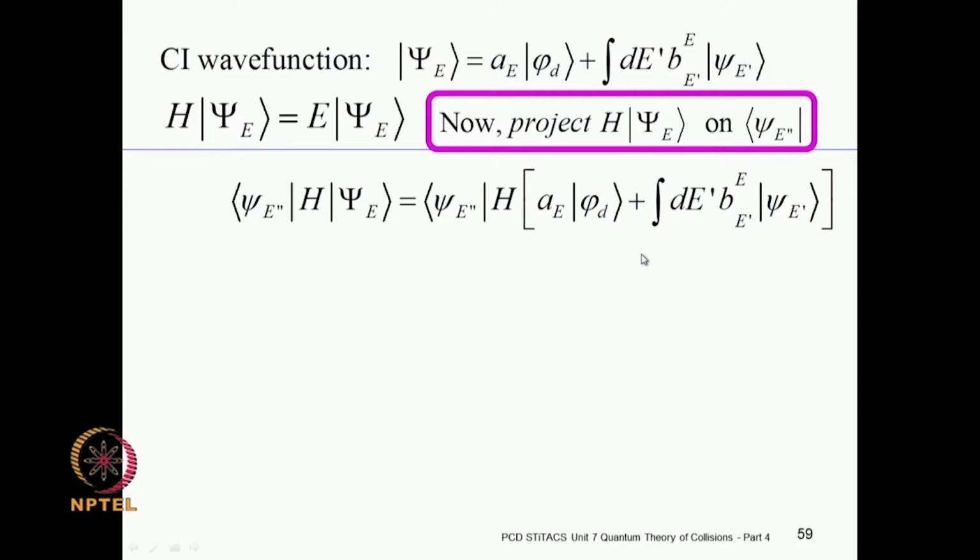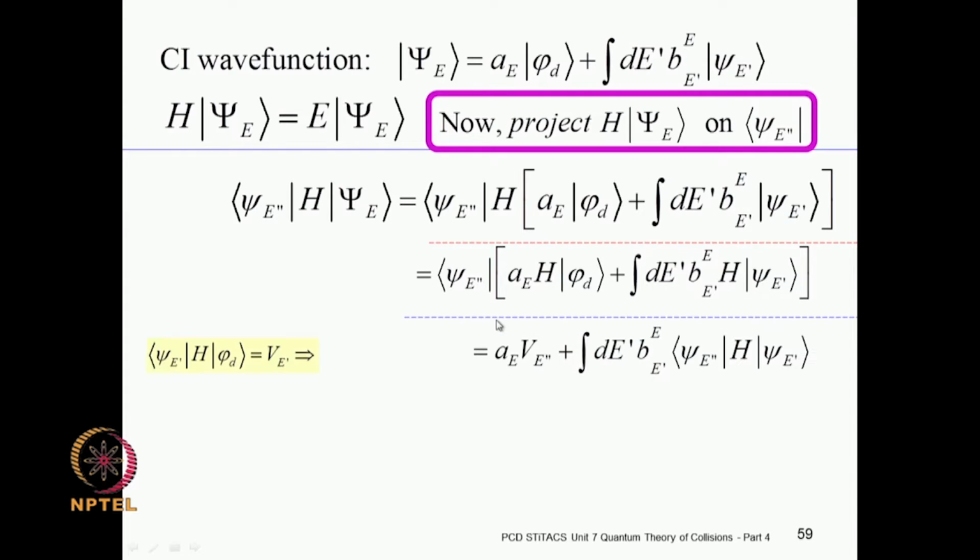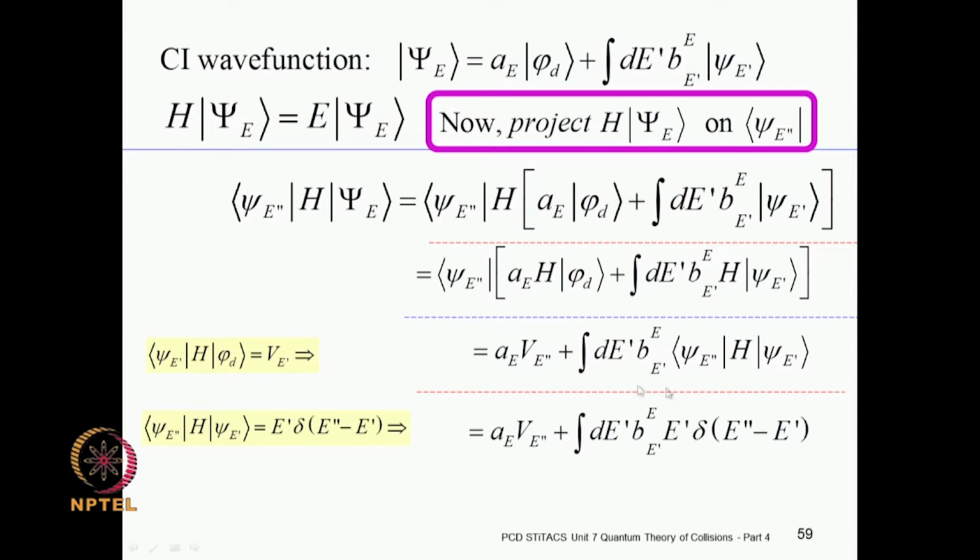Okay. So, now what do we get? We look at each term separately. A_E we can pull out as a factor, and then you have the matrix element of H between psi and phi_d, which is nothing but V_E. So, from this term we get A_E V_E, and likewise from this term we will get a